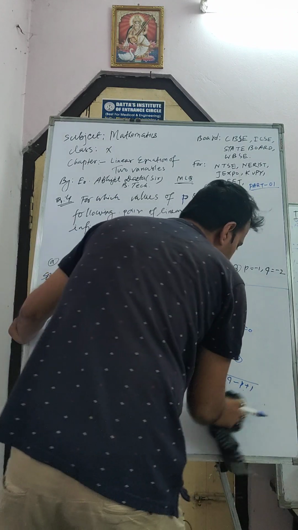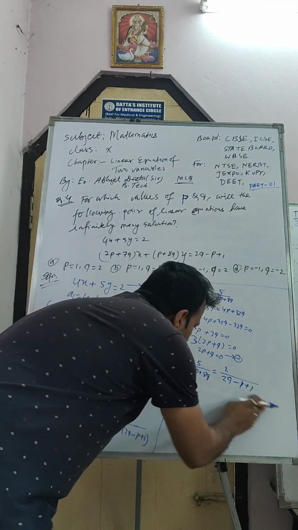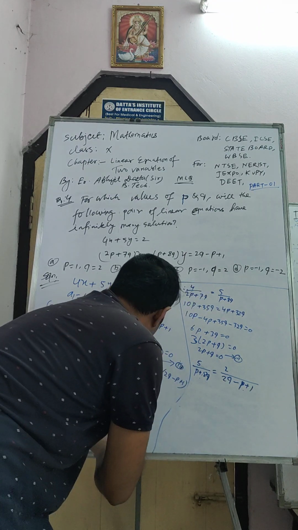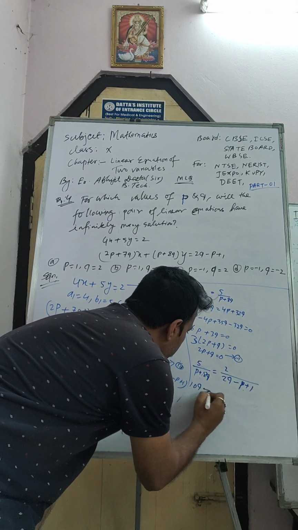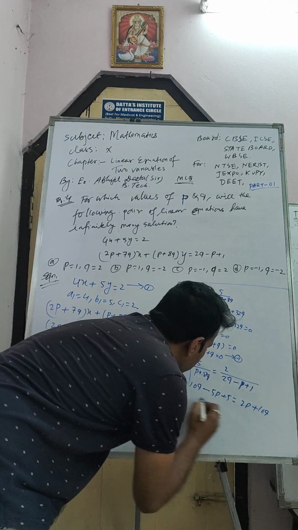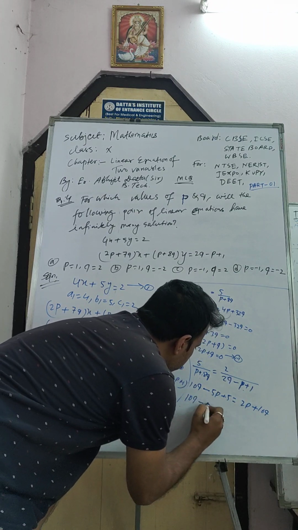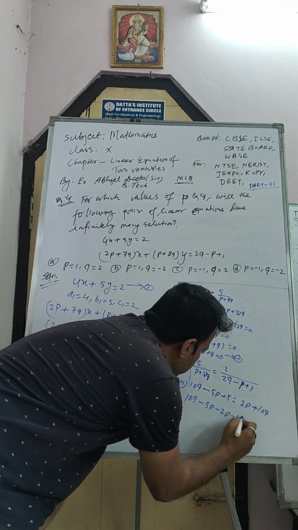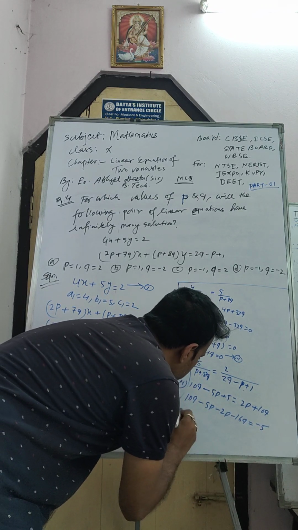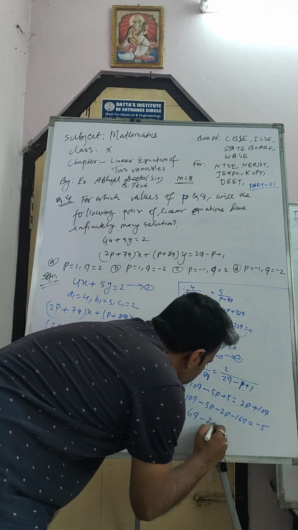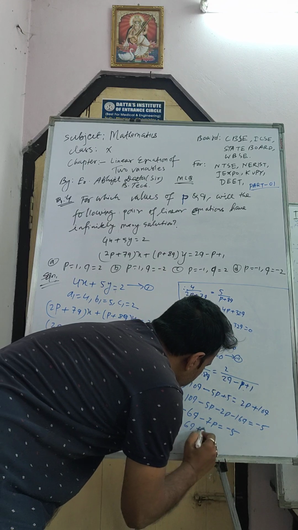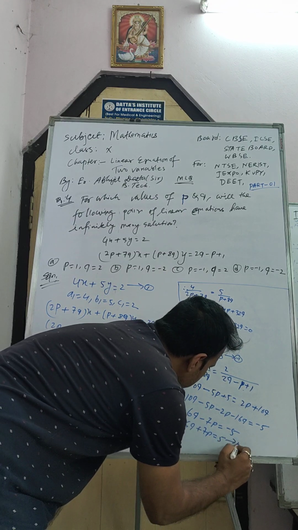so if we solve these questions, what will come here? It will be 2q minus p. Okay, 10q minus 5p plus 5 equal to 2p plus 16q. So 10q minus 5p minus 2p minus 16q equal to minus 5. So it came minus 6q minus 7p equal to minus 5. So 6q plus 7p equal to 5. This one is equation 4.